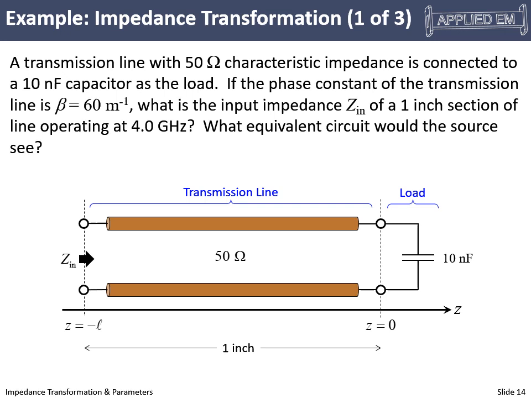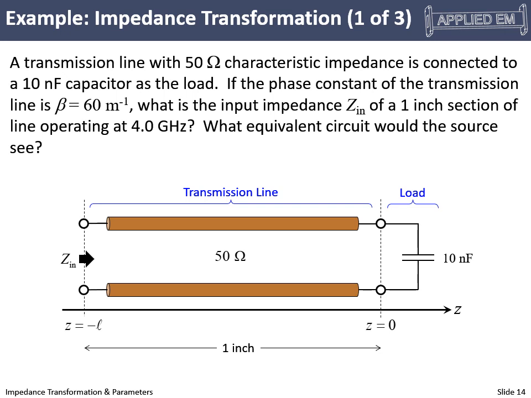Let's work an example now. So here's our setup. We have a 50 ohm line. We're not specifying loss, so we can just assume that it is a lossless line. We're connecting that to a 10 nanofarad capacitor, so that's our load. And we're also saying the line has a phase constant of 60 inverse meters. It's a 1-inch section of line backed away from the load, and we're asking at 4 gigahertz, what does that